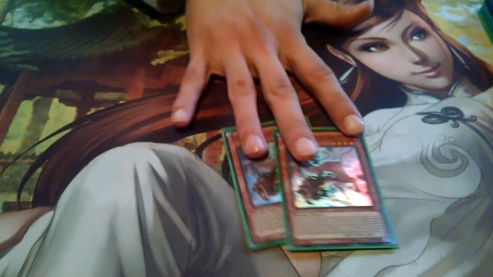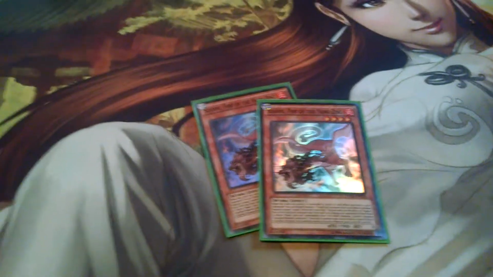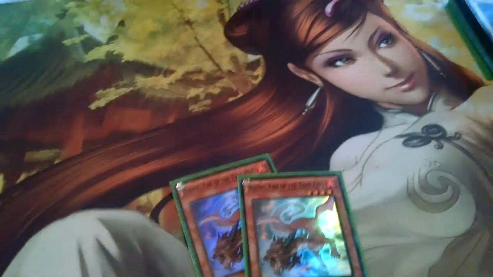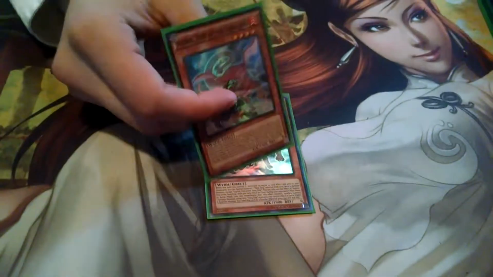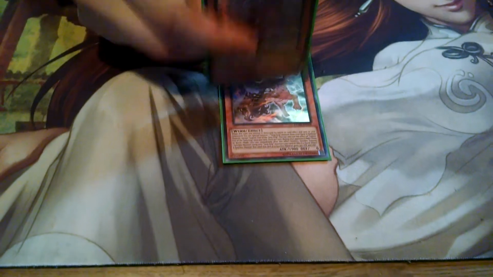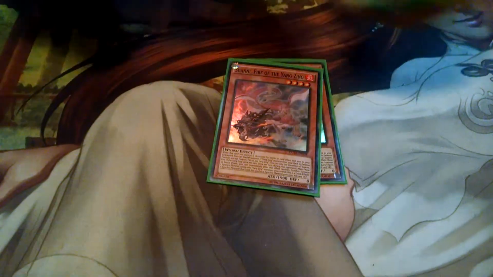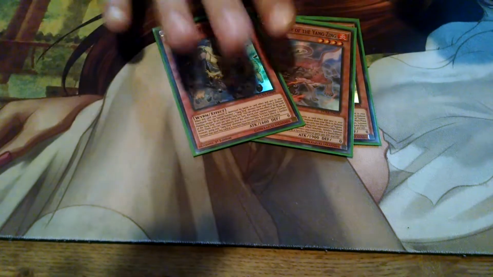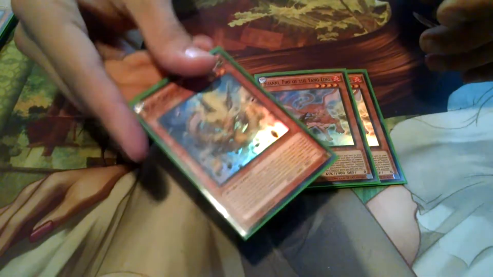Now, I dropped Suwani to 2 because he is good to beef up your Synchro monsters, but not that good, because he only gives your Synchro monsters plus 500 attack and defense. So if you put that with Bian, which can't be destroyed by battle, they'd have to try and run it over with piercing,